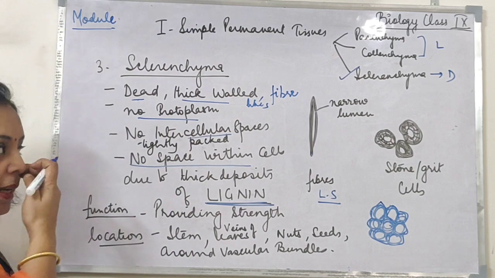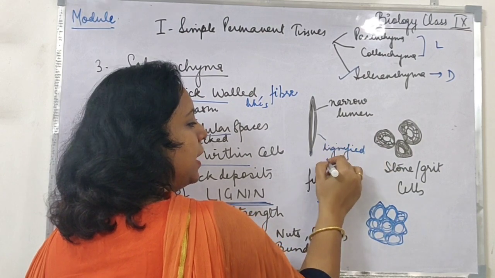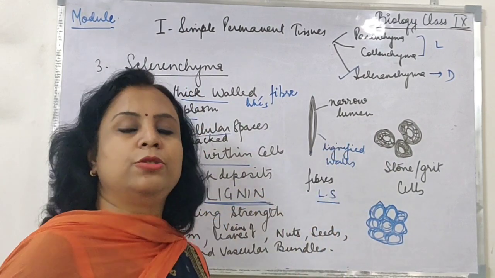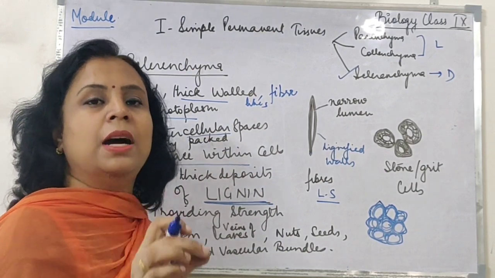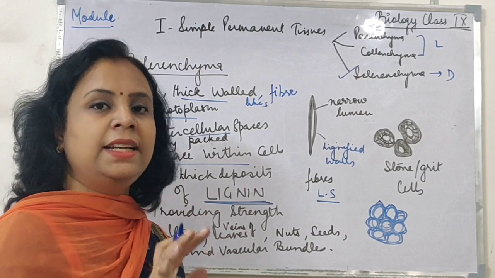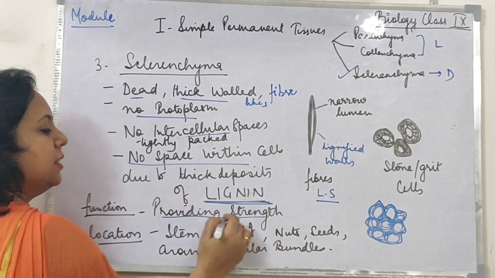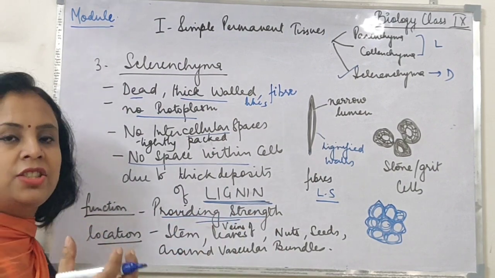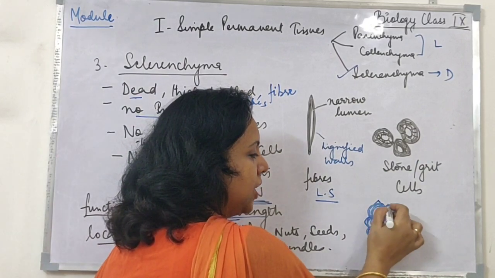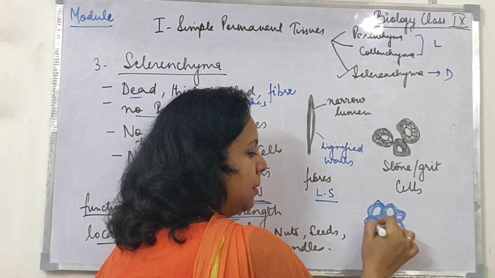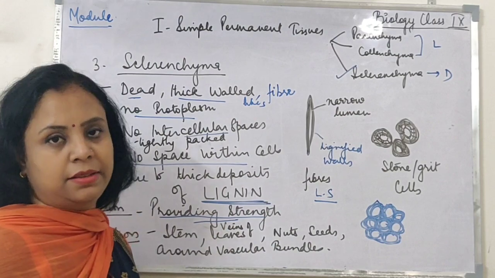So that is the reason we say that these are lignified walls. Wherever you read this term lignified, you should immediately click in your brains that we are talking about sclerenchyma. Lignin is deposited on the walls, and this is providing the strength. Now lignin is just like cement. Suppose these are the cells, and the cement is keeping them, holding them all together. So it is just like a cementing material, children.